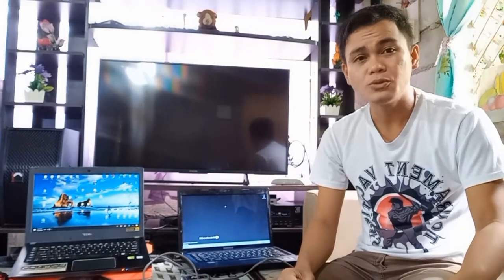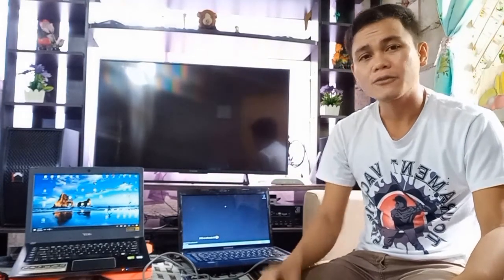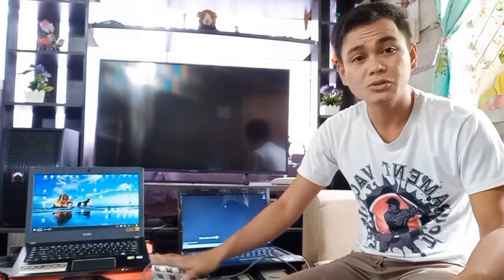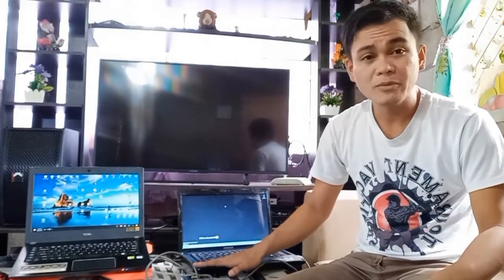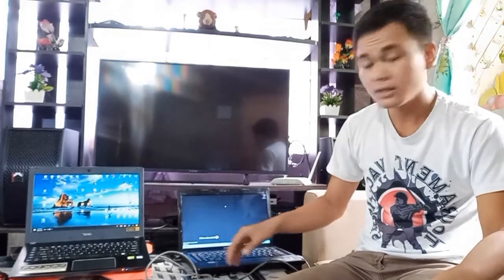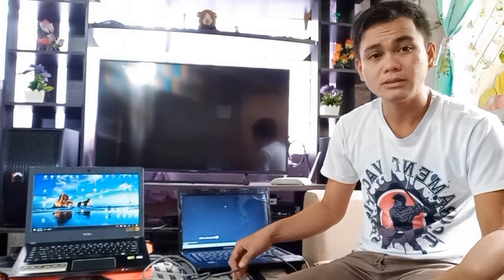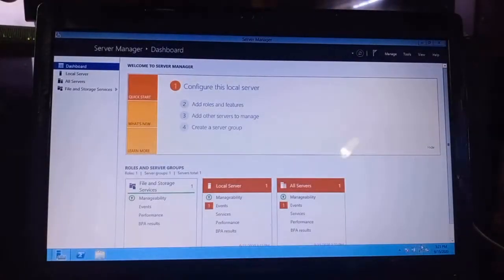But before that, we need at least two laptops. The first one should be installed with a Windows Server 2012 operating system, and the other one should be any Windows operating system. These two laptops must be connected with an Ethernet cable, so we can have a connection between them. So that's it. The next thing we do is set up the IP address of our server